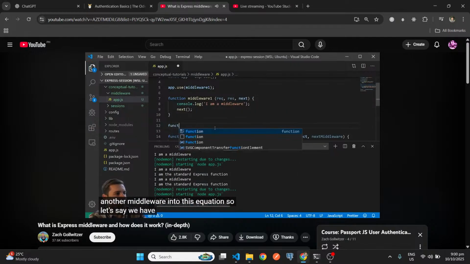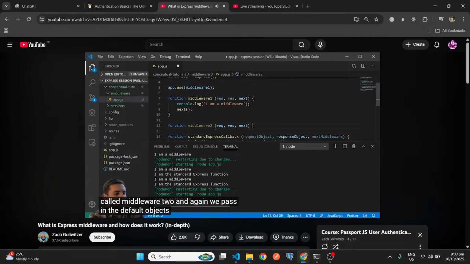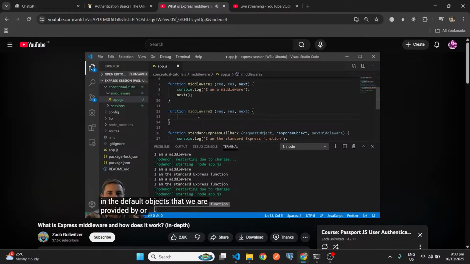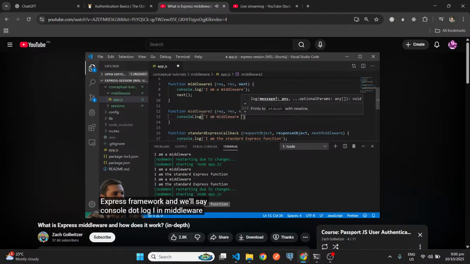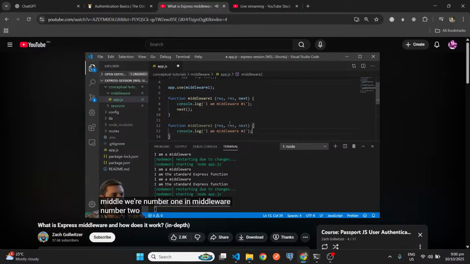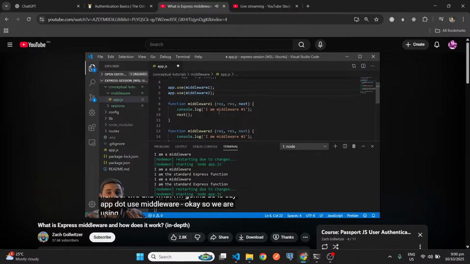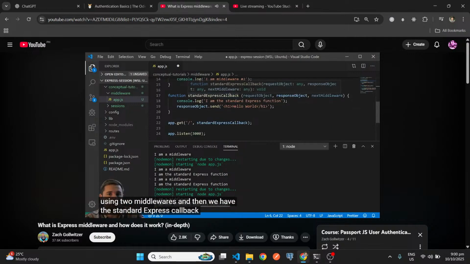So let's say we have another middleware called middleware 2, and again we pass in the default objects that we are provided with by the Express framework, and we'll say console.log I am middleware number 2. Maybe we should just update this one up here to number 1. So we've got middleware number 1 and middleware number 2, and what I'm going to do is say app.use middleware 2. Okay, so we are using two middlewares, and then we have the standard express callback, which at